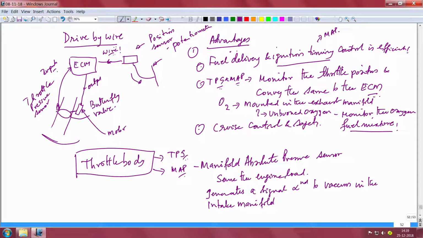There are other sensors, there is something called the MAF sensor, mass air flow, which measures the amount of air flowing into the engine manifold. Then you have, as I said, the oxygen sensor, there is a temperature sensor, then a speed sensor, an RPM sensor and so on. All of these sensors I can show you in terms of an engine ECU. Here is an engine ECU.